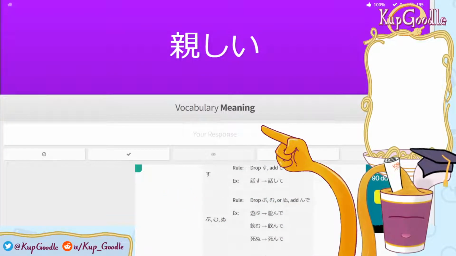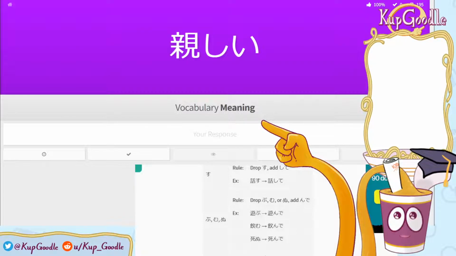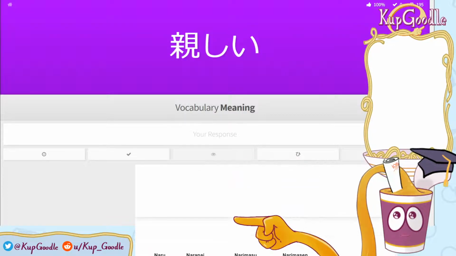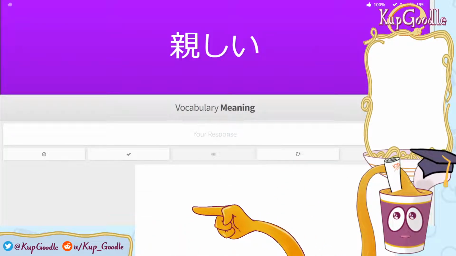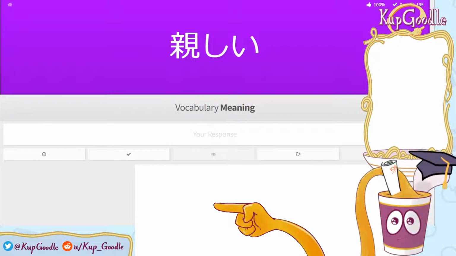So we're going to learn that. We're not going to focus on doing too many sentences or anything like that. But when I come across a verb, I will try it out. We're going to do, for this practice,